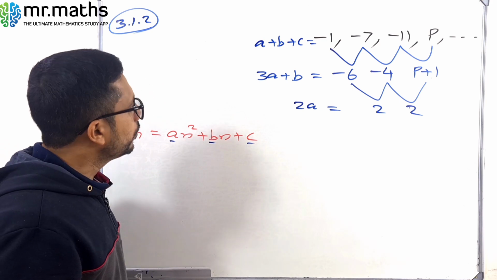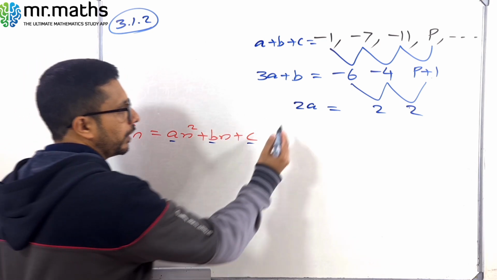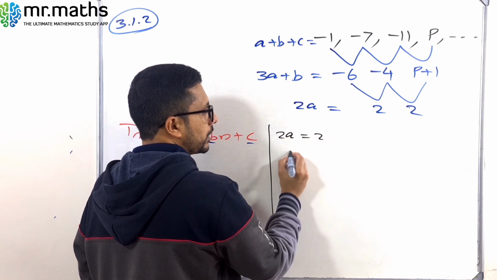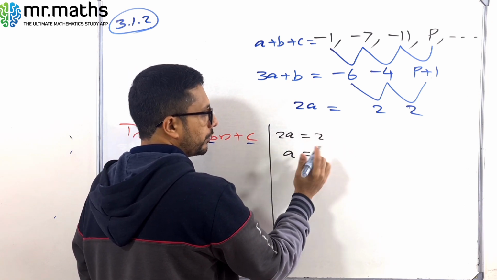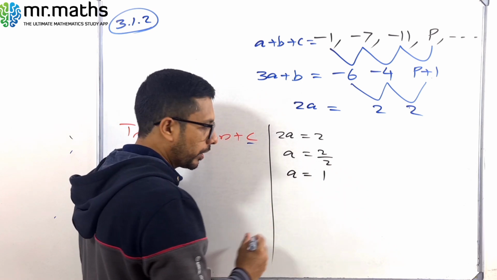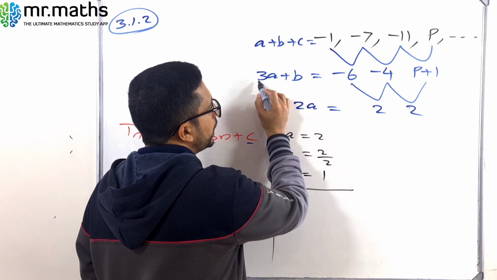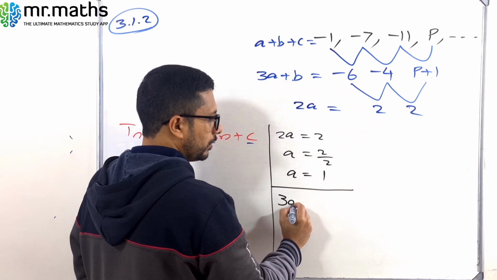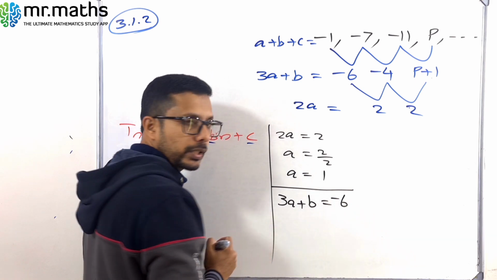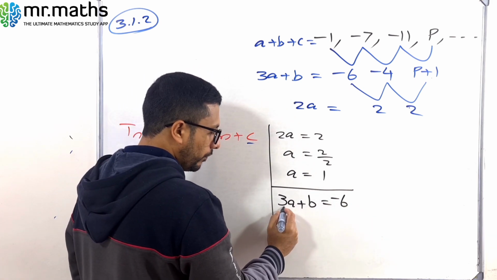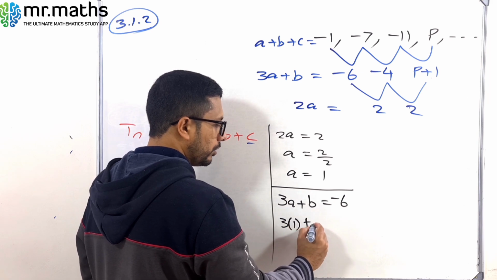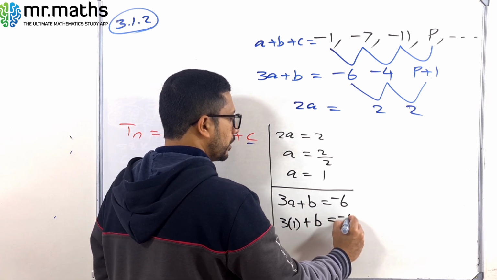Okay, now start from here. 2a is equal to 2. So what is a? Divide both sides by 2. So it is 2 divided by 2. So the value of a is 1. Now the next one, 3a plus b is equal to, what is the first number? Minus 6. We got a as 1, so I substitute the value of a as 1: 3 into 1 plus b is equal to